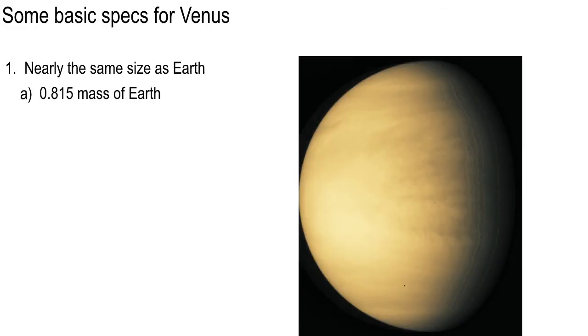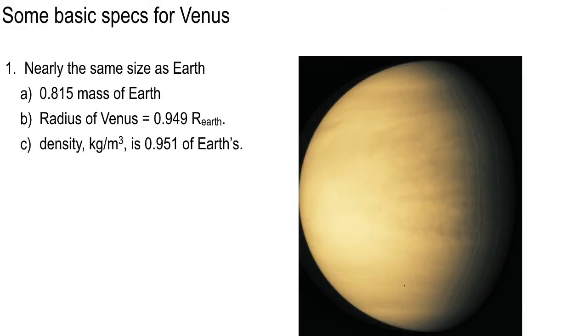I mean, compared to Earth, it's got 81.5% of the mass of Earth, and the radius is about 95% of the radius of Earth. So it's pretty close to the Earth in size, in kilograms. Its density is 0.951 compared to Earth's average density. So it's like, okay, nice, good, Venus, fine. Ditto, just put ditto marks, Charles. Men are from Mars, women are from Venus. But,